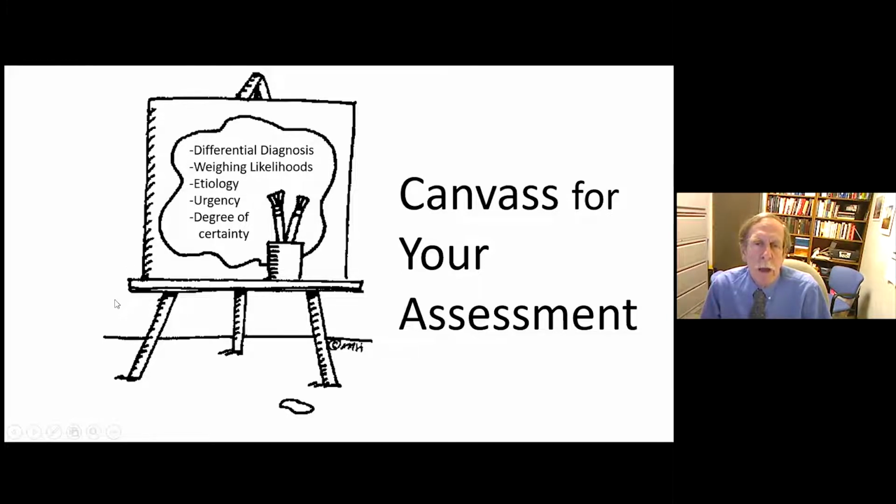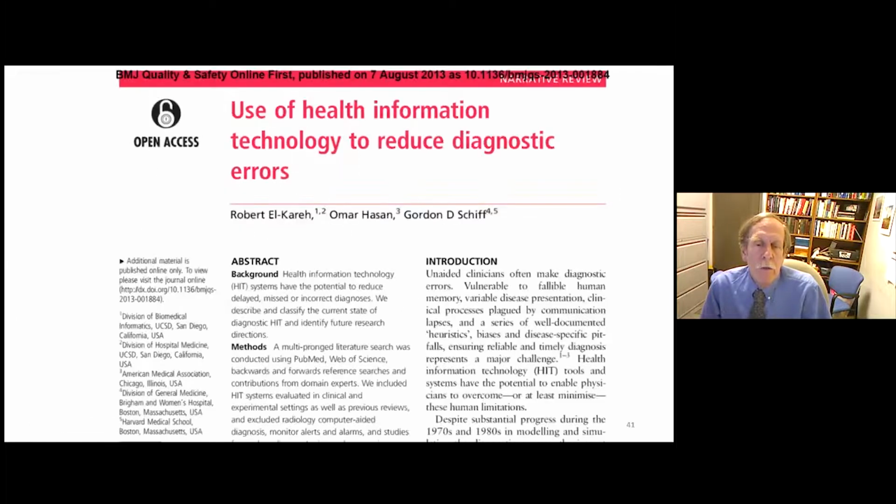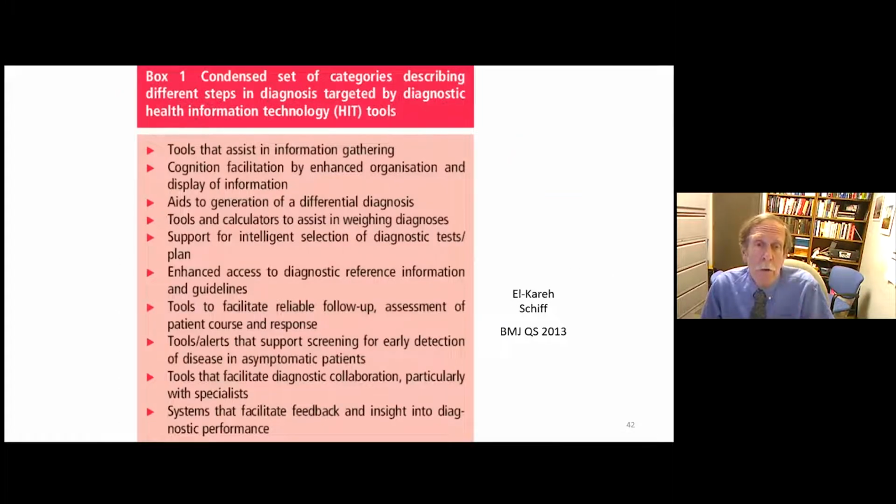The computer should even be helping us generate some of these differential diagnoses and even likelihoods. And we should use the narrative to think out loud and let other people see our thinking. We have a series of things that we have collated about how health information technology can actually help reduce diagnostic error. And again, I'm going to be very quick in reviewing this list, but